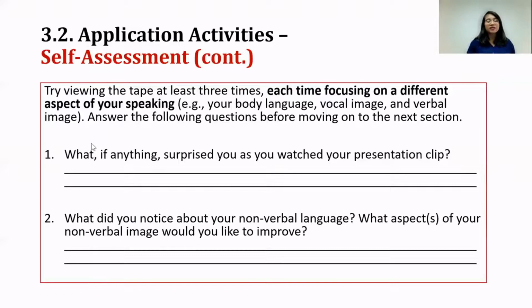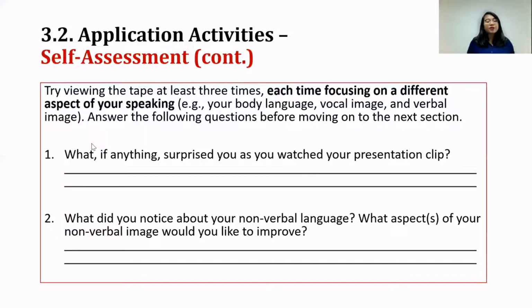So the questions are as follows. Number 1, what, if anything, surprised you as you watched your presentation clip? So surprising in terms of the body language, in terms of the focal image, and in terms of verbal image. So it's done 3 times. Every question should be answered in those 3 aspects. And number 2,